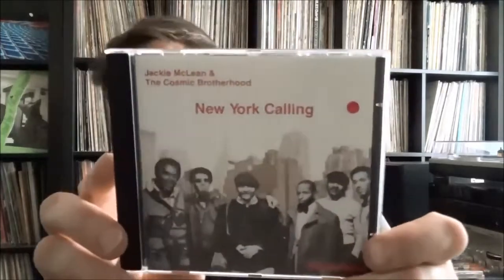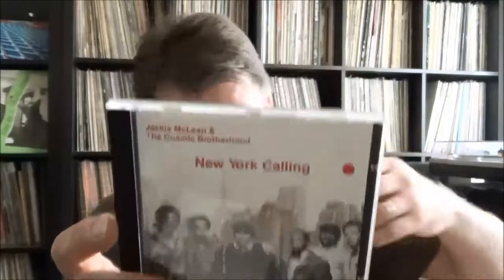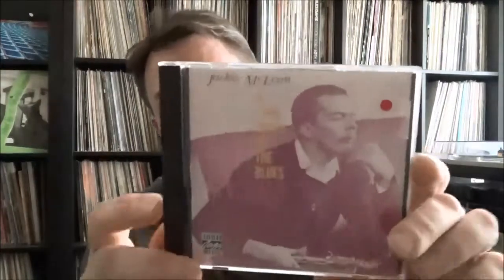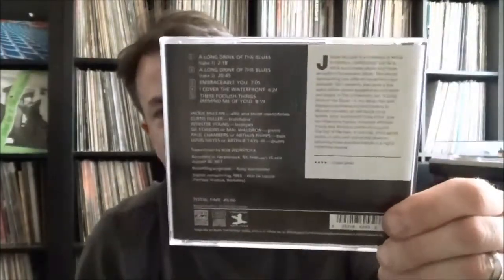Steeplechase label. Jackie McLean and the Cosmic Brotherhood, New York Calling. And again, originally $1, so 50 cents. Can't beat those prices. Another one by Jackie, A Long Drink of the Blues, an Original Jazz Classics reissue. Looks like originally on Prestige. It's your basic Original Jazz Classics design here. So originally $1,